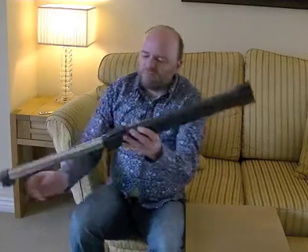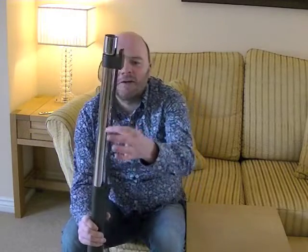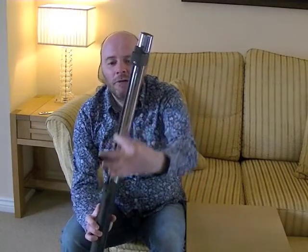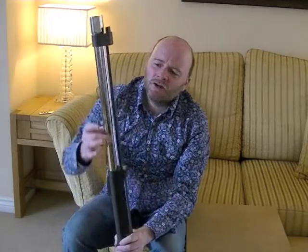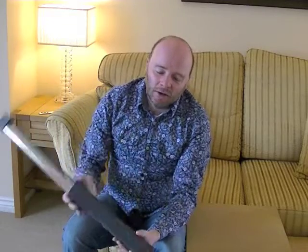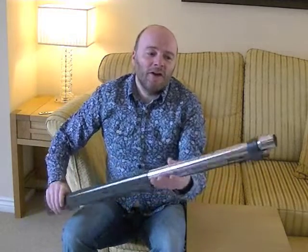So that's the hose. You get the tube. It's lighter than a Miele tube because it's part plastic. Again, I'm not so sure I like this setup because this carries the mains cable to the power head, this part here, and it's on the outside of the tube. It's not as neat as having it built into the tube like a Miele, but this tube is a lot lighter than the tube you get with the Powerhead Mieles,